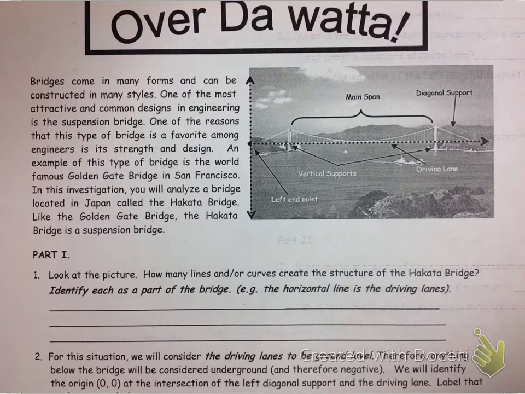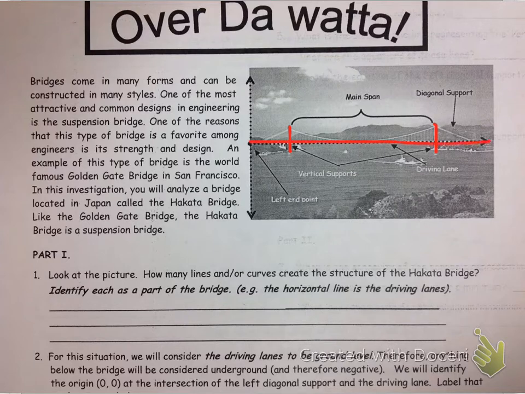Okay, suspension bridges are a very specific type of quadratic application problem. The Golden Gate Bridge is an example, the Hakata Bridge is another example. I mean, there are other bridges that still have parabolic support to them, but the suspension bridges are something different from even those. What they consist of is two vertical upright towers, a driving lane, and